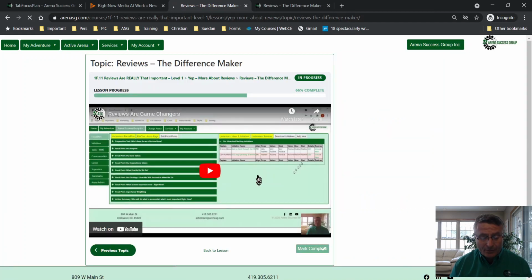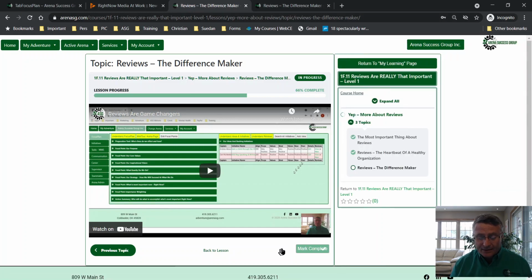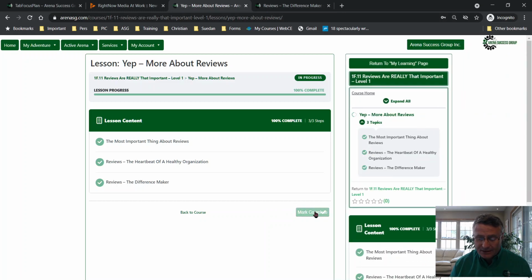Now, I've already watched the video. Do you see this Mark as Complete button here? Well, that would be black or a dark gray if I had not completed the video. But I have watched the video, so it has turned green, and now I can click on it and it will mark this as complete, and then it should bring me back to the lesson, and I'll click on that to mark it as complete.